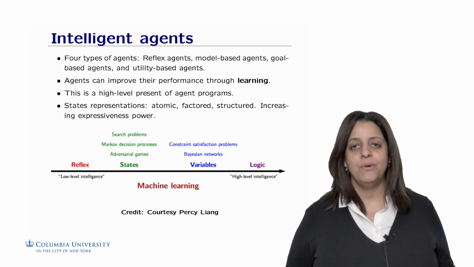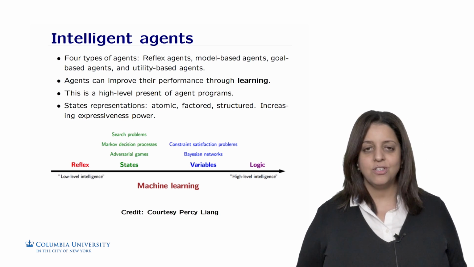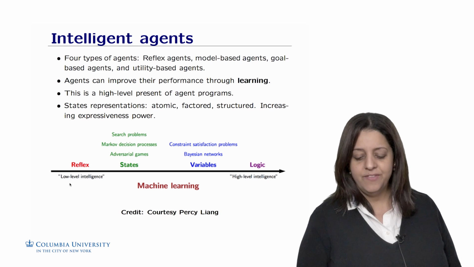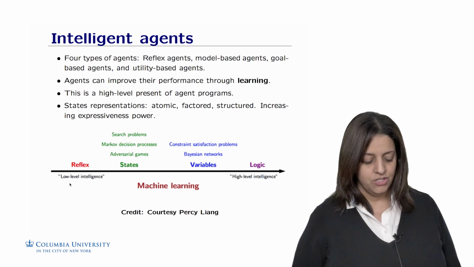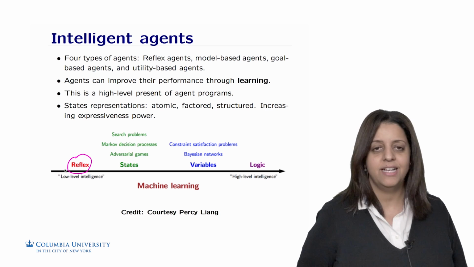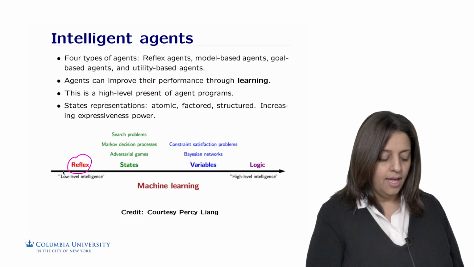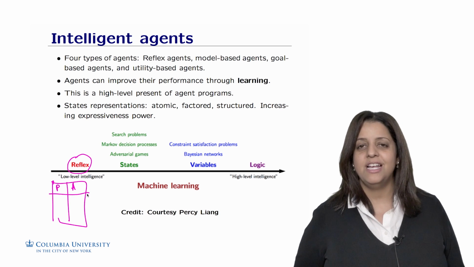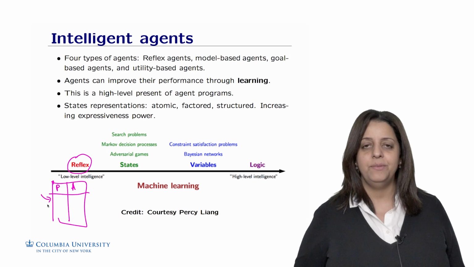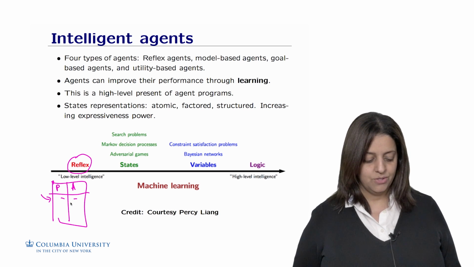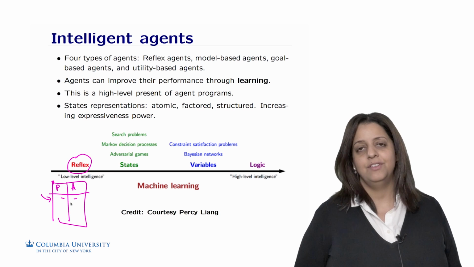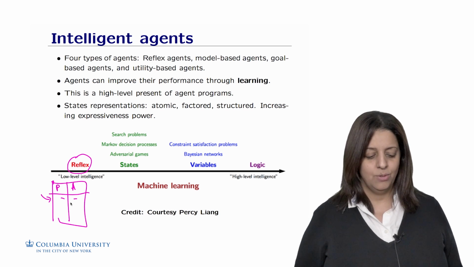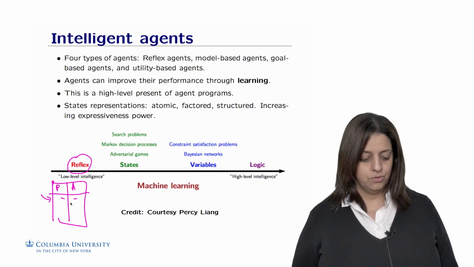This includes, on the axis here, the level of intelligence, which is also the expressiveness power of the AI agents. So we have first the reflex agents, and we saw that reflex agents are very simple. They have a lookup table that has percepts and actions. And all that the reflex agent is doing is, for a given percept, pick the action corresponding to that percept. So this is considered a low level of intelligence because there is not much thinking or deliberation about what to do. Just look up this table. It can be very big and decide what to do.